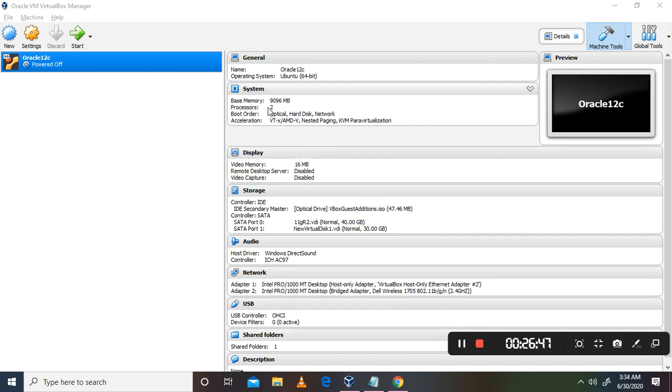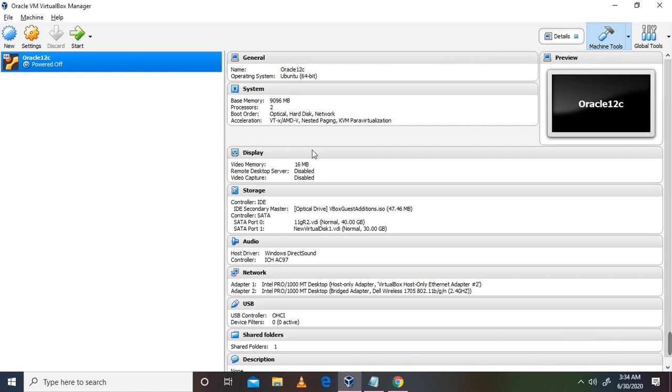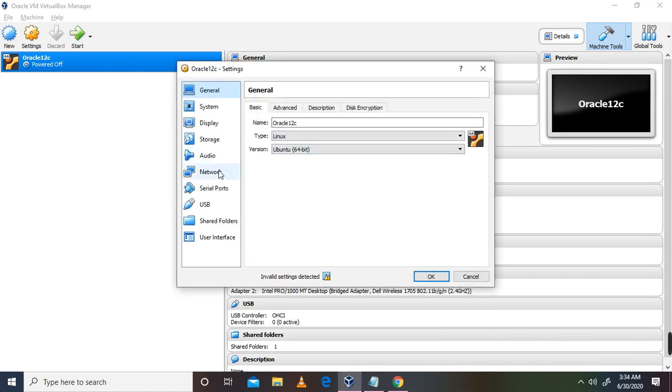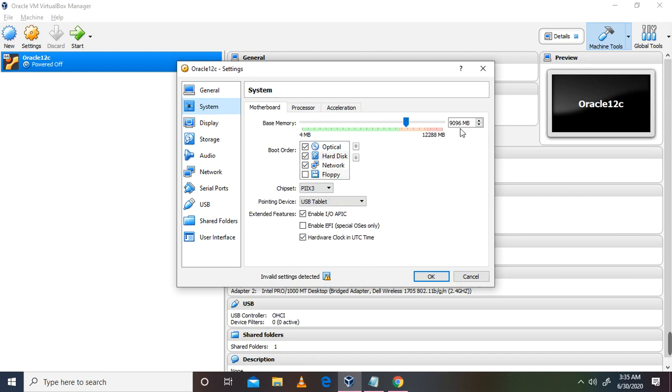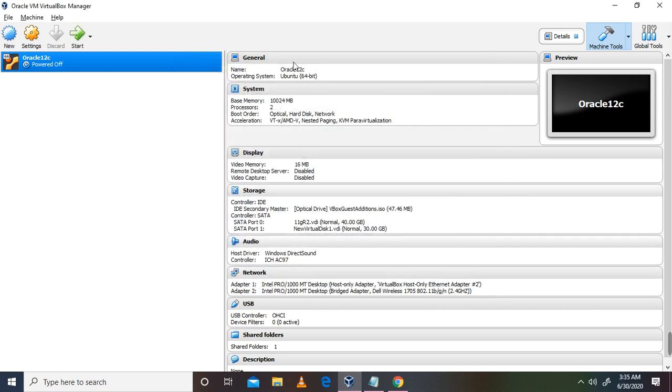Here you can see the base memory, 9.906 GB, I have allocated. I'm going to increase it further, because it's not enough, it doesn't have enough memory. So I am giving 10 GB of memory now. My base memory is 12 GB only, so my physical machine is occupying 12 GB, and I am giving 10 GB of memory here. And again I am starting the virtual machine.